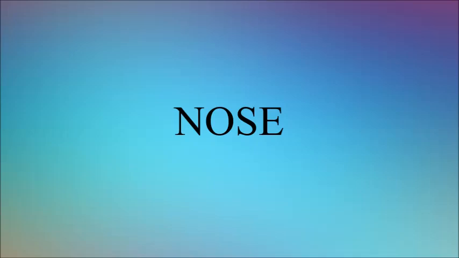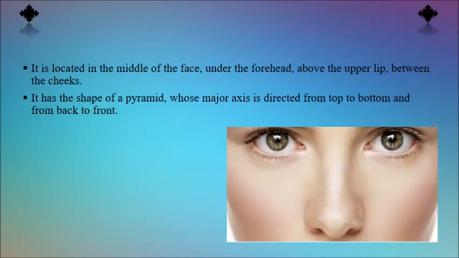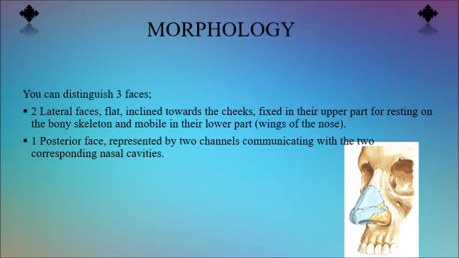Anatomy of the nose. The nose is placed in the center of the face, under the forehead, above the upper lip and between the cheeks. It is described as the shape of a pyramid whose main axis is directed from top to bottom and from back to front. In the morphology of the nose, one can distinguish three faces, of which two are lateral, flat,